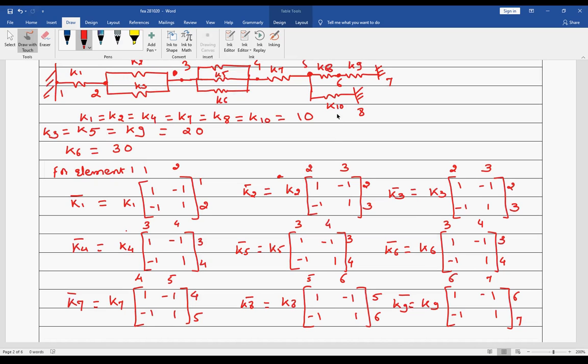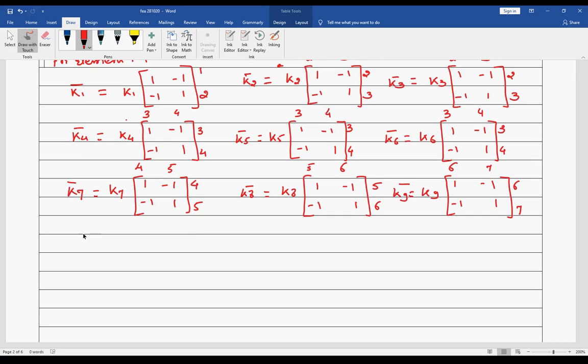So that creates a problem. So it is 5, 8, 8, 10, 1 minus 1 minus 1 1. So 5 8 5 8. Okay, now from this you can have the global stiffness matrix